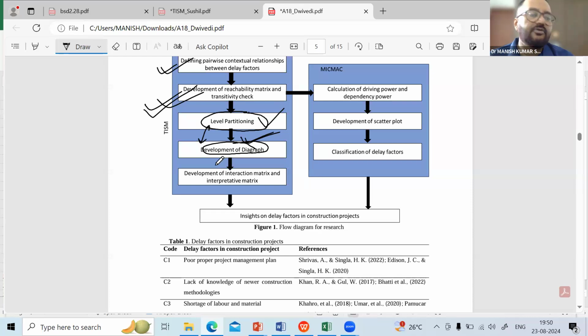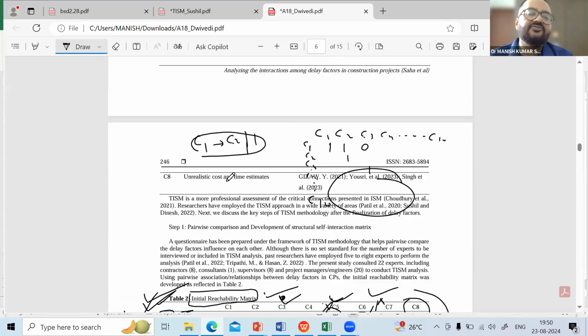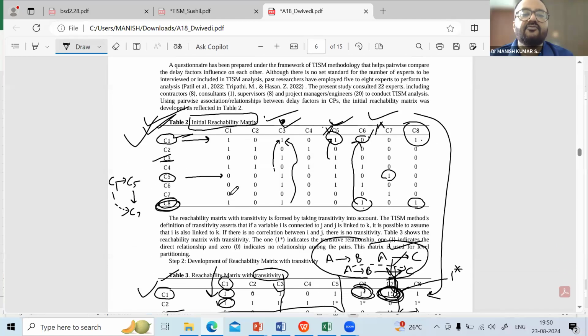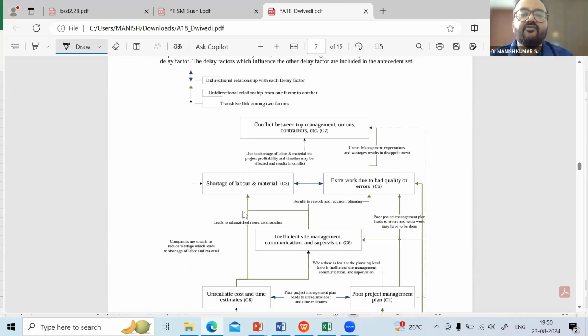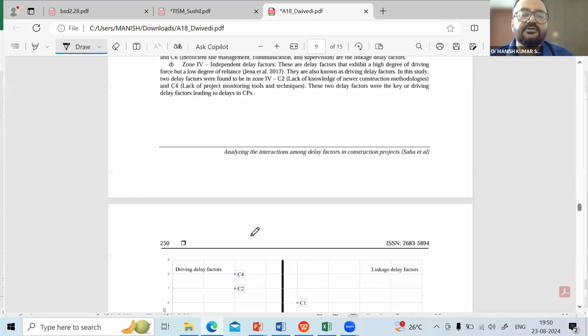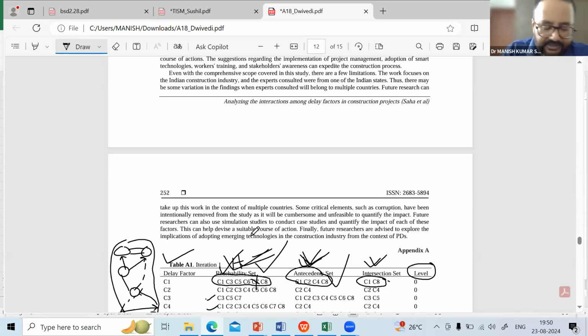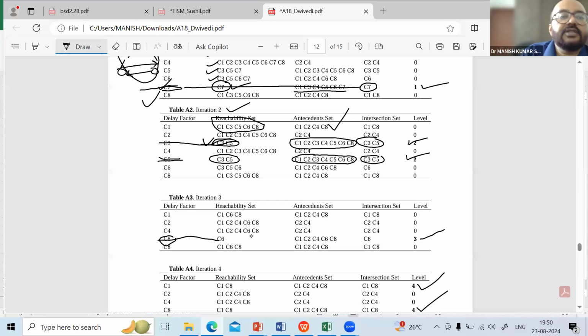We have to use that diagram, simple Word. You can use Word and create it manually. So you can see here, what is the result? Level 1, level 2, level 3, level 4. So, level 1 means